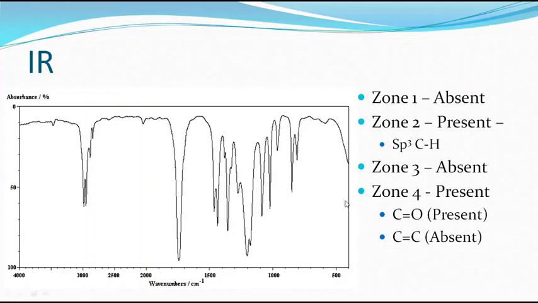In zone 4 it is a typical carbonyl peak, and therefore carbonyl is present and C=C is absent. C=C double bond is absent, and therefore there is no unsaturation in the compound. Okay,